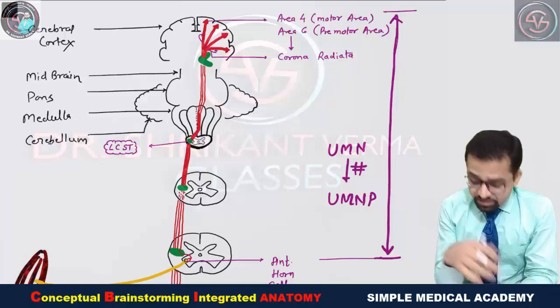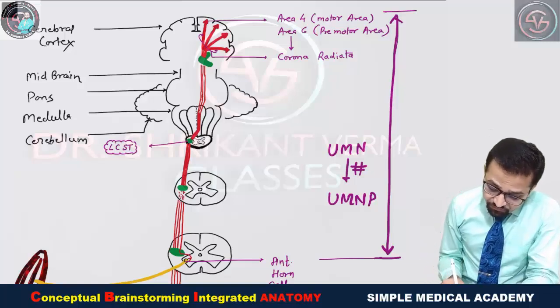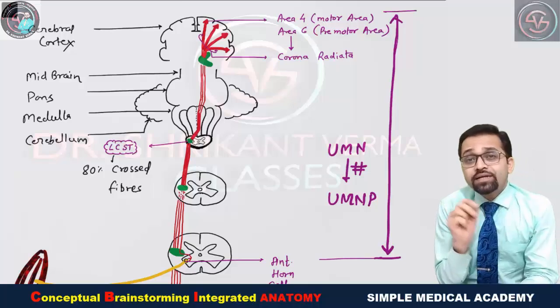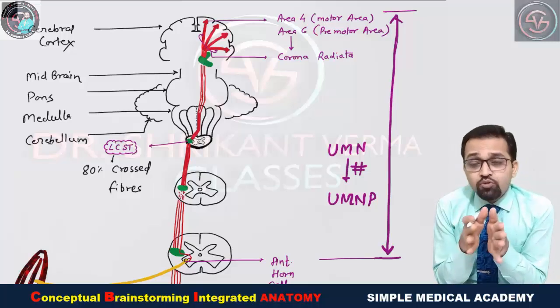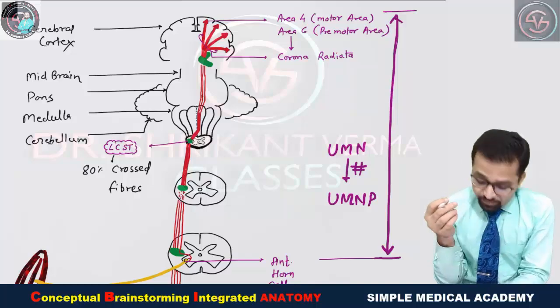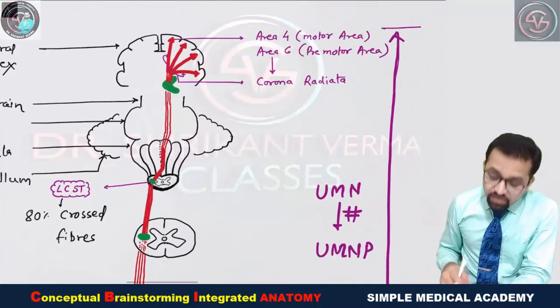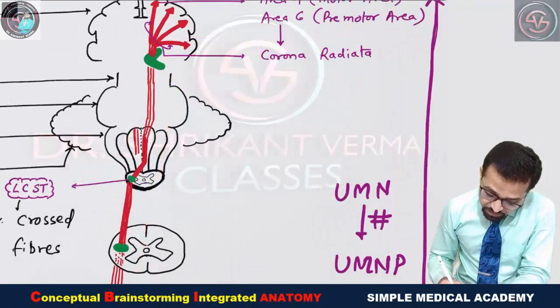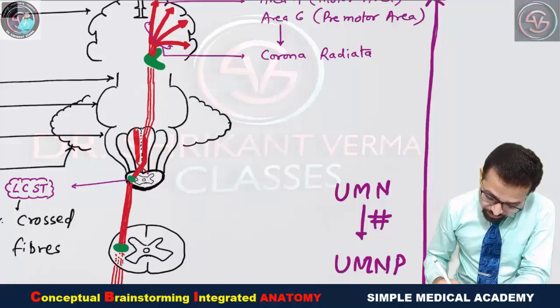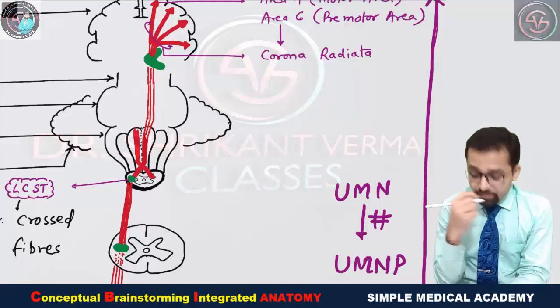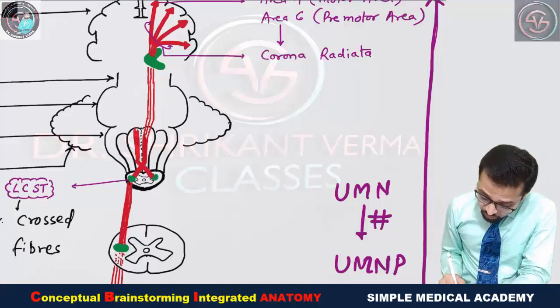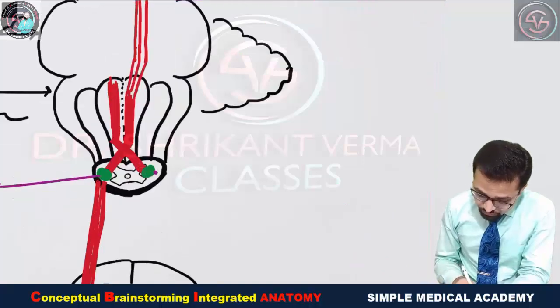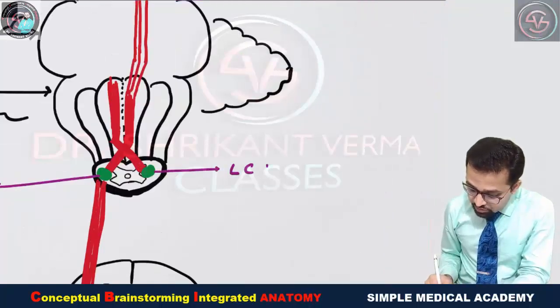Now again try to understand that 80% of the fibers cross to the opposite side, but 20% do not cross. Recent books mention 15% of the fibers. Just see here, the same phenomenon occurs on the opposite side. The opposite fibers come and pass through the pyramid, and then 80% again cross the midline and reach the lateral side of the spinal cord. Again they make the lateral corticospinal tract on the lateral aspect. So you can observe again, here is the formation of the lateral corticospinal tract.